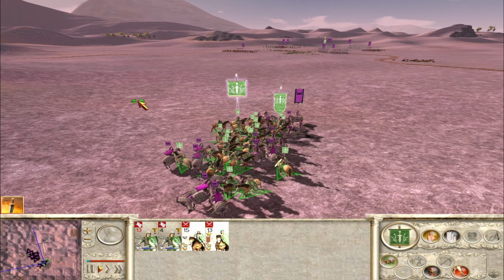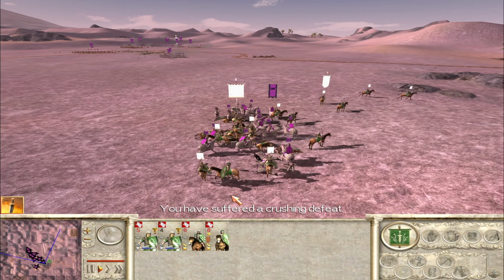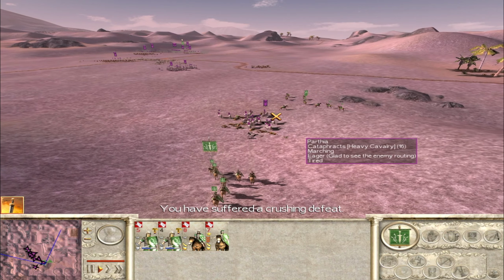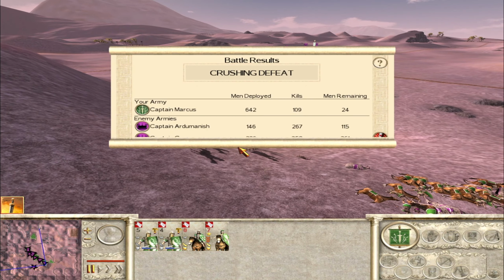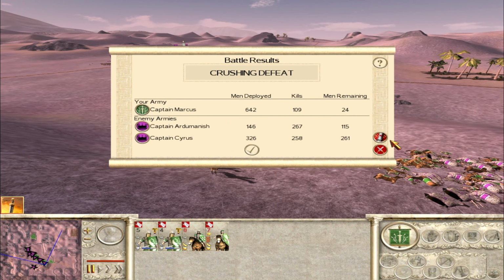Well, that's what happens, ladies and gentlemen. That is very much what happens. And he actually routed, taking on a few cataphracts, so that's quite striking, isn't it? Yeah, tactics that work on easy mode do not work on very hard. So, having made that point very, very clear, let's go in and actually, let's figure out something a little bit